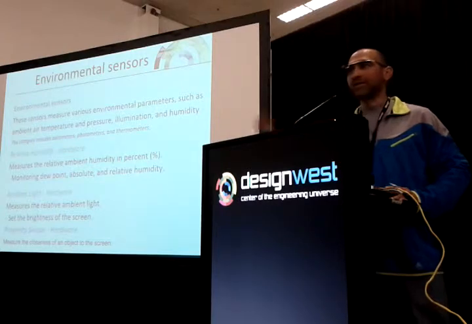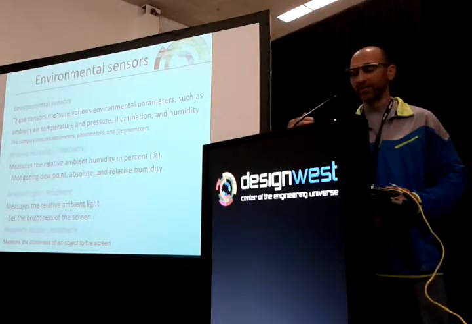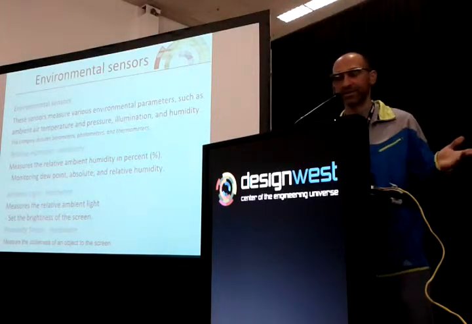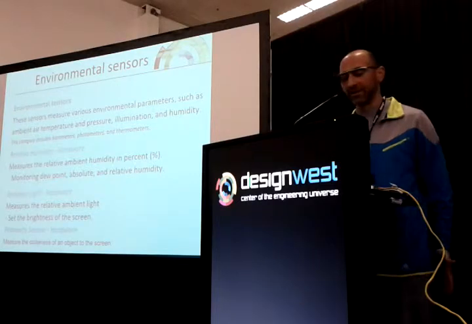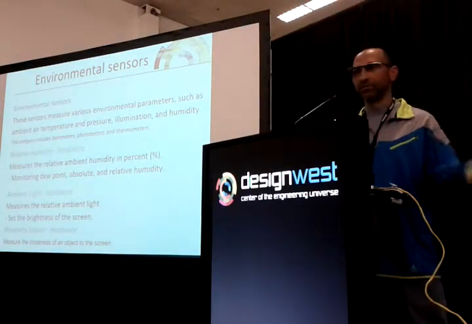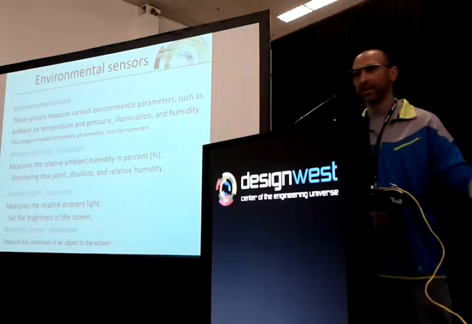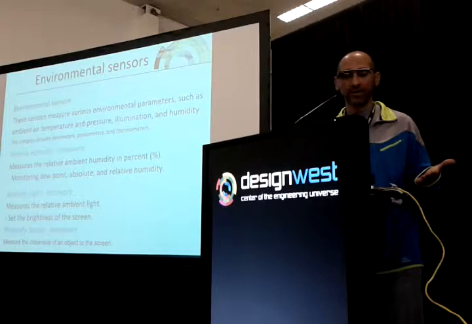Not only do you get all of this information about your motion and your orientation, but it gives you lots of environmental sensors. So we have relative humidity, ambient light, proximity sensors, and at first they kind of sound cheesy, like what am I going to do with relative humidity? What am I going to do with ambient light? But they're super powerful, and people are very creative the way they use them.